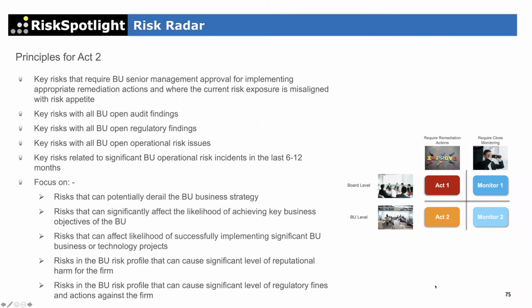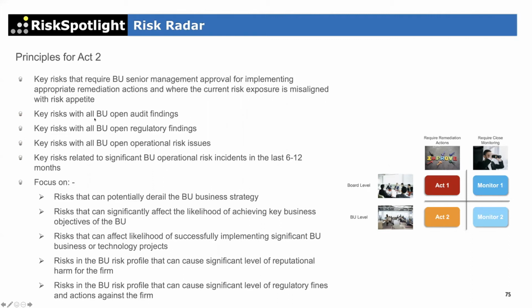So now we are coming down to the business unit level. If we were Barclays, within Barclays you'll have the retail banking. So what is the retail banking senior management team interested in? In this case, they will be interested in risks which are outside appetite at the BU level, but still not important enough for the group level. But if they're important, then they may go in both the board report and the BU report, if it's a major breach of the appetite.